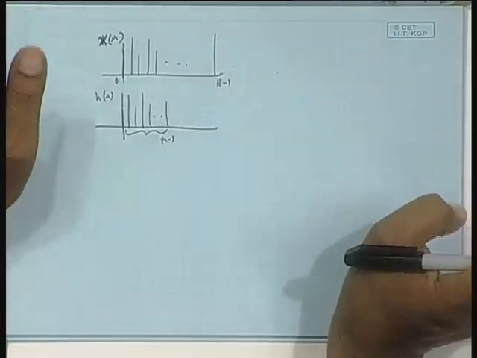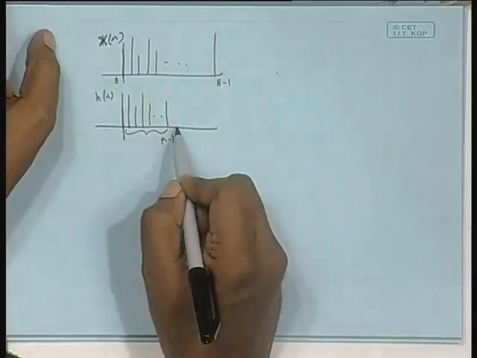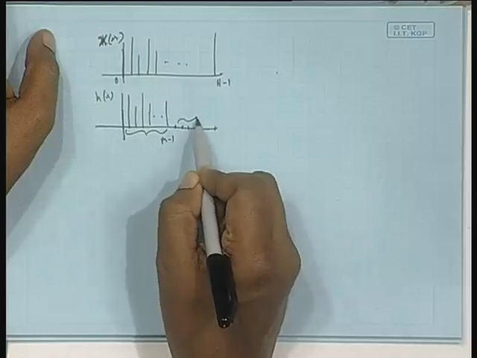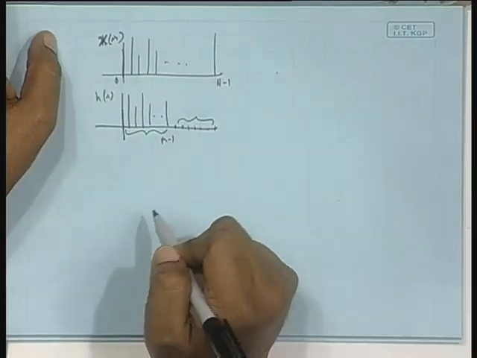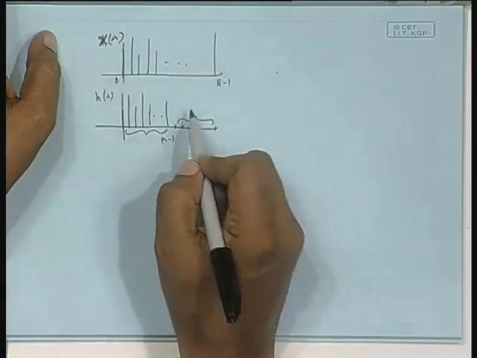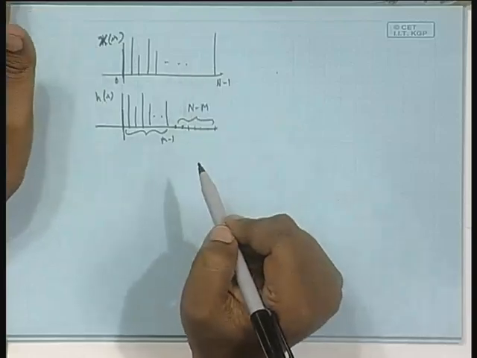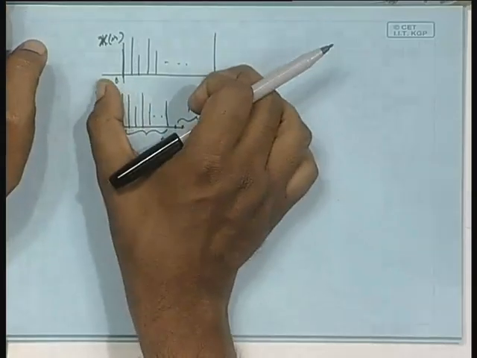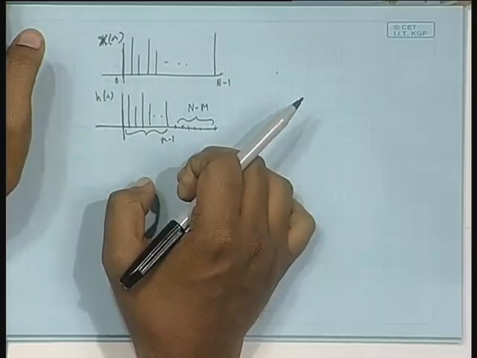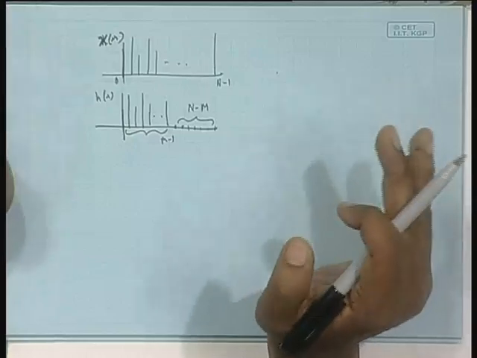But suppose I do not do that. I say okay, the bigger one I will not touch, let it be as it is. I will add some zeros only here. How many zeros? Length n, length m, so obviously n minus m zeros, and I say that I will do a circular convolution between the two, meaning I will take the n point DFT, multiply, and take the n point IDFT. What will I get? That is what I will get graphically by that circular convolution. I want to examine what it is.